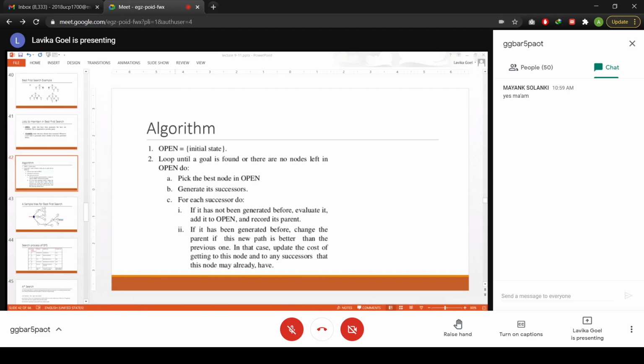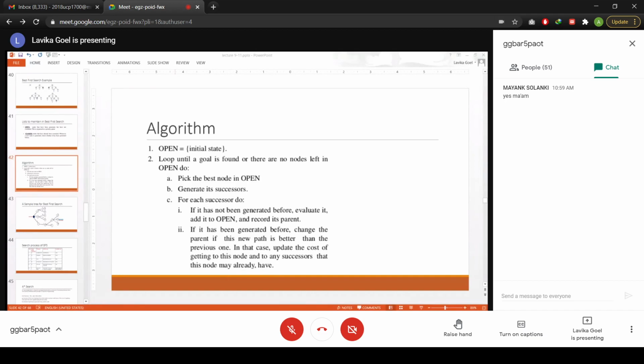In the case of the cost function which we have studied till now, that is the heuristic function, right? The heuristic function tells you how far you are from the goal state. Basically it tells you the estimate of the remaining distance from the current state to the goal state, right? So that is a cost function which does not take into account the path. It does not take into account which path is better, right?